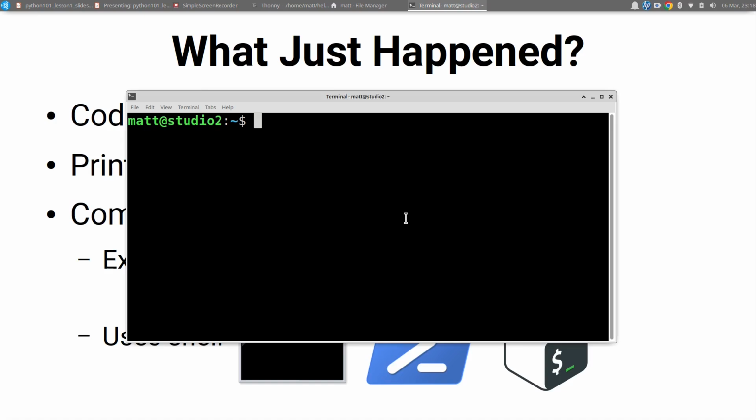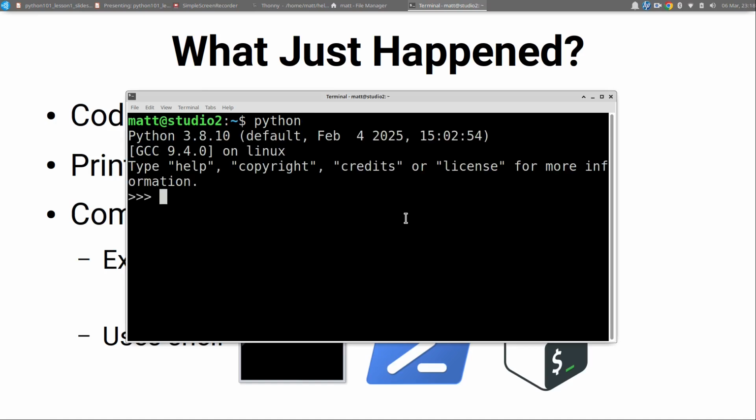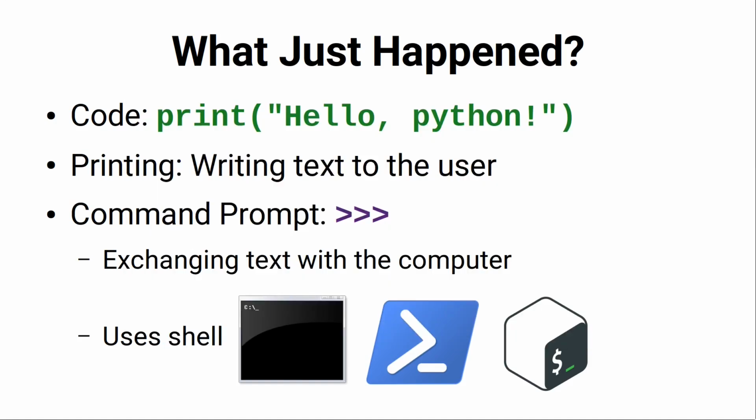If you have Python installed on your computer, you can type Python at your command prompt and hit the Enter key, and this will take you to the Python shell and that same 3 angle bracket command prompt we saw in the shell in Thonny. To keep things simple in this tutorial, we're going to stick to using the shell in Thonny until we get much further along. So when we want to print in a shell, we use the print function and give it